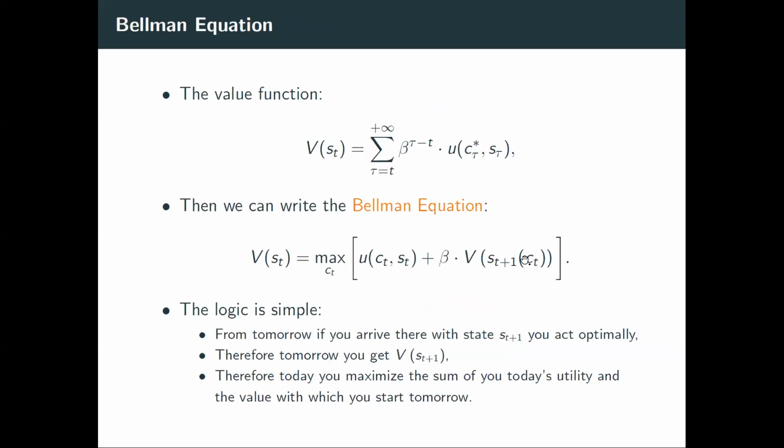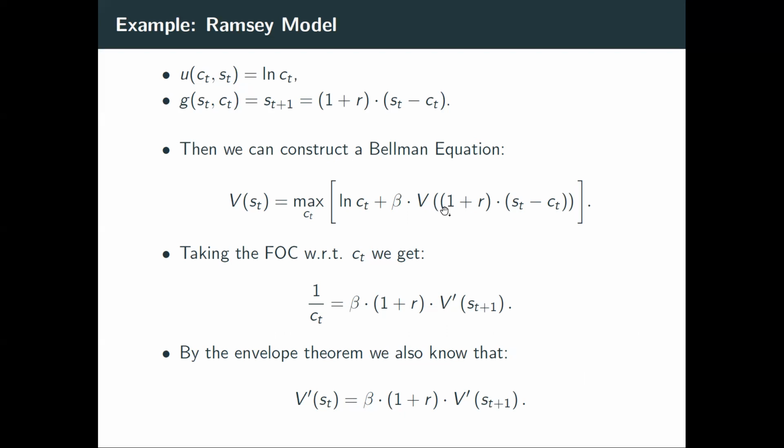That's exactly why I wrote CT here, to underline the fact that your state tomorrow depends on your consumption today. So CT enters here. A particular feature of this model is that your choice variable CT is a continuous variable, so your consumption can be whatever. Actually, in our models, we will have discrete variables as choice variables, and I will have a separate slide for discussing it. But in this particular problem, it's simple. You have a continuous variable, and therefore,